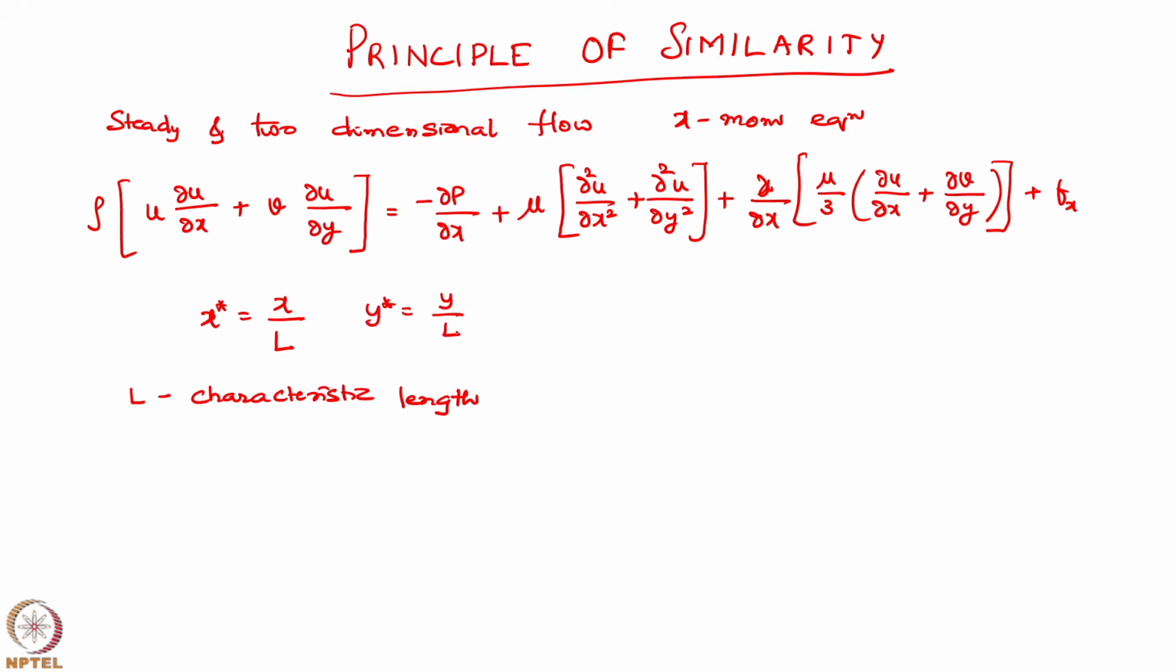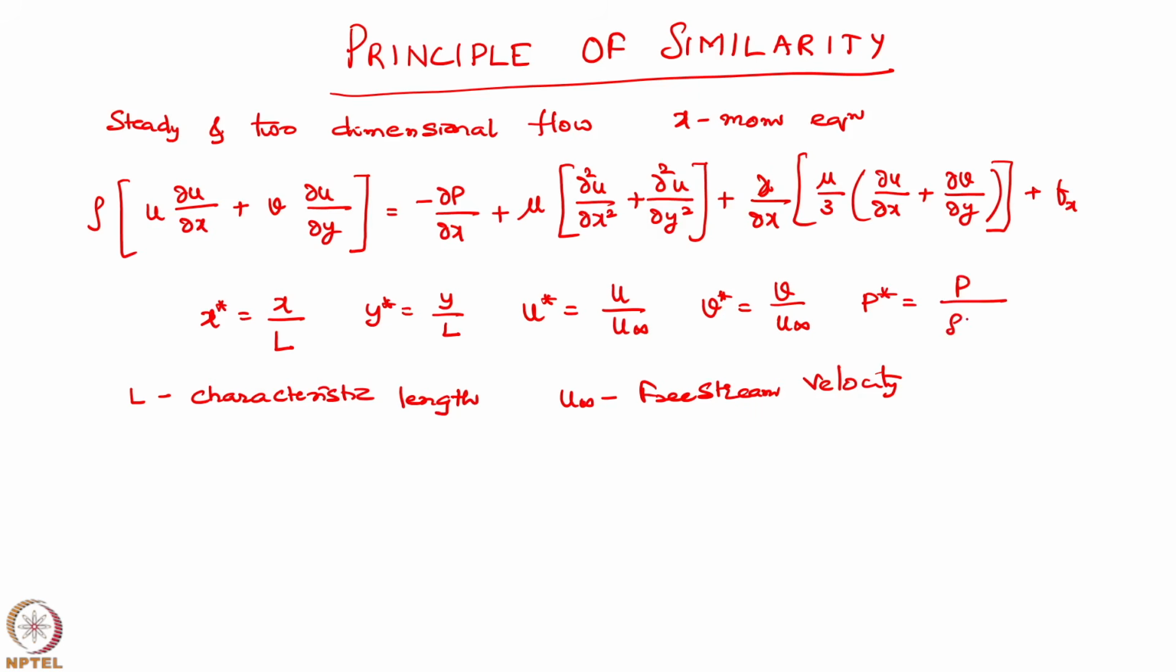Y star, x star are non-dimensional, and u star, that is velocity u, is non-dimensionalized with u infinity. U infinity is the free stream velocity. That means if you take flow over a flat plate, what is the velocity with which it is flowing on the flat plate? And v star equal to v by u infinity, and p star is equal to p by rho u infinity squared. If you do non-dimensionalization like this, if you